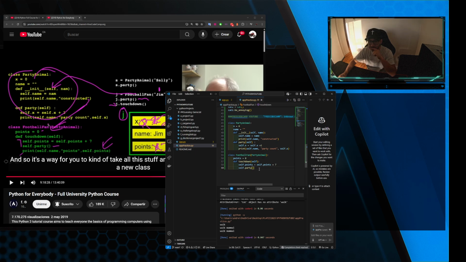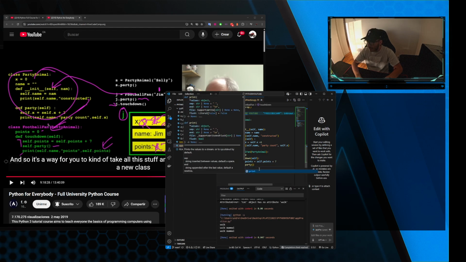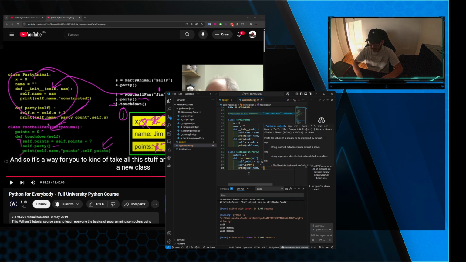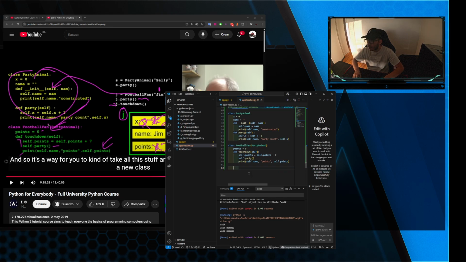Moreover, we have created their own methods. Okay, def touchdown self party, and print self.name, points, comma self.points. Okay, now we are going to call